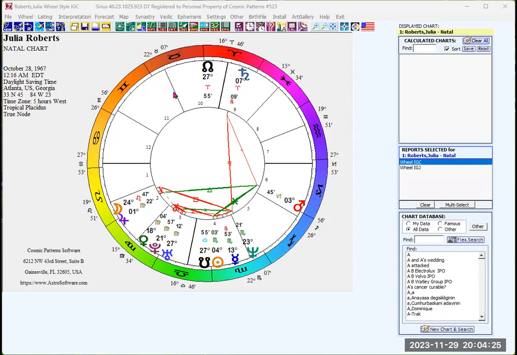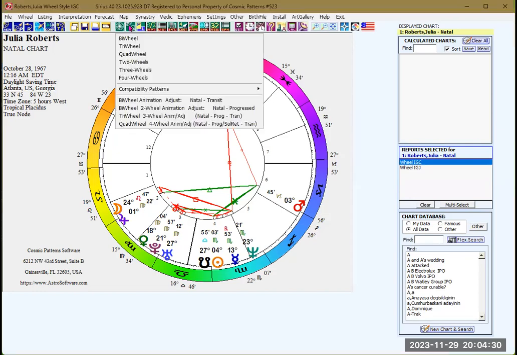Hello. Tonight I'll be showing you how to create the BiWheel, TriWheel, QuadWheel, two wheels, all these multiple wheels within the Sirius program. This is our next series of our tutorial videos. All right, now we click on this icon here, this one with the two wheels, and we click on BiWheel